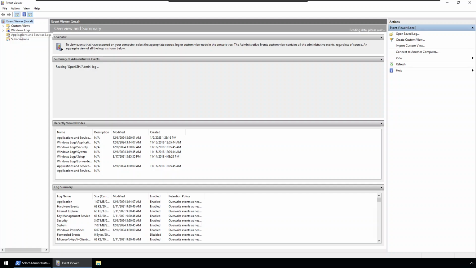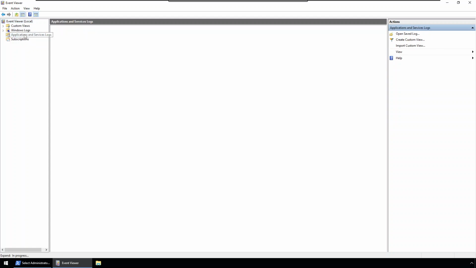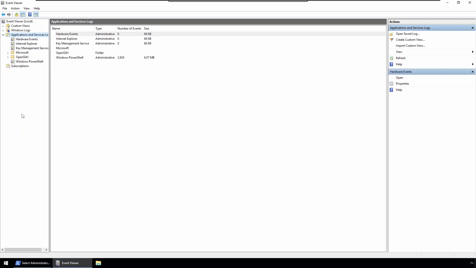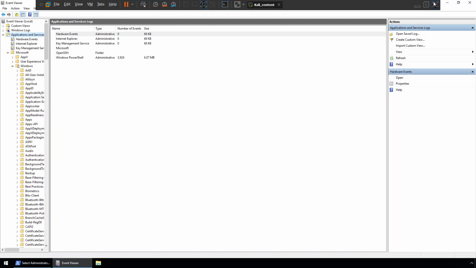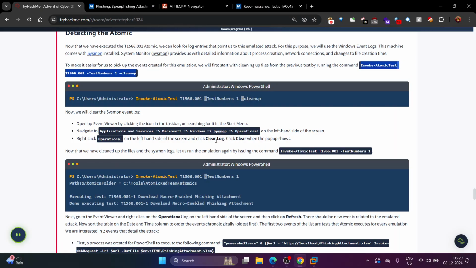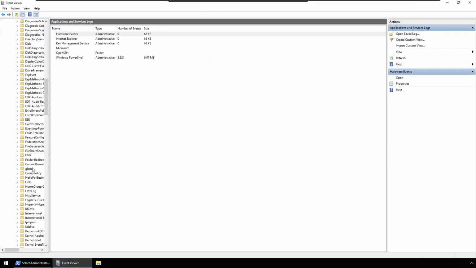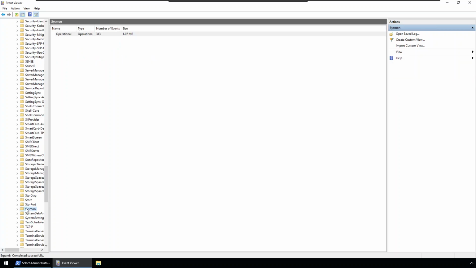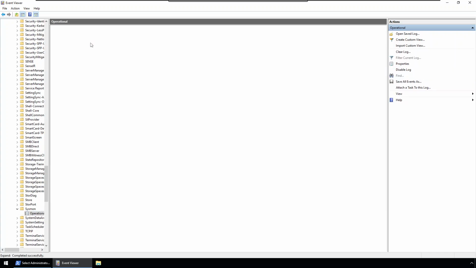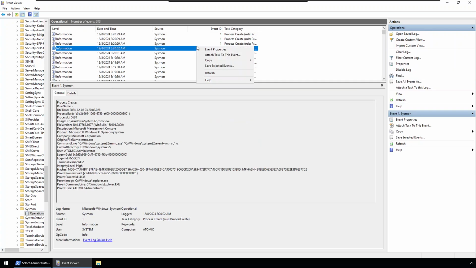Application and Services, Microsoft Windows, Sysmon and Operational, this one, Operational. Okay,